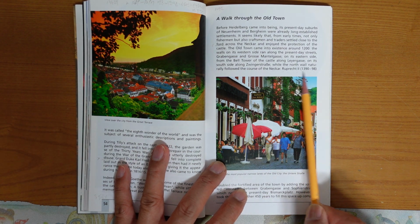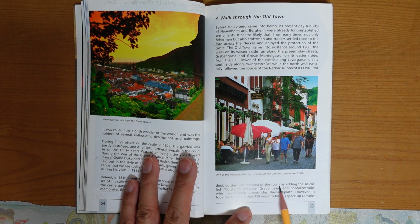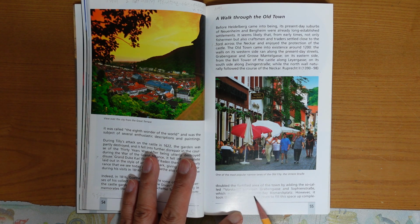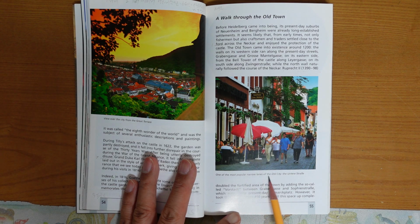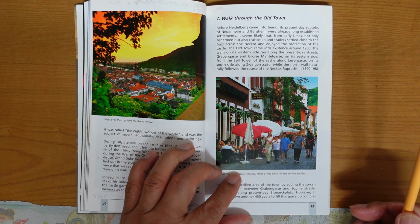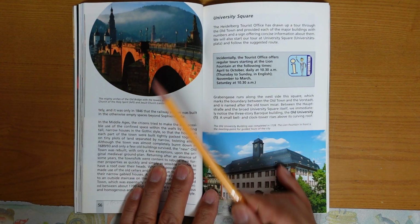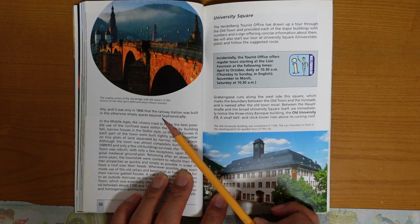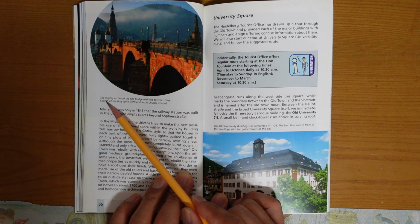Ruprecht II doubled the fortified area of the town by adding the so-called Vorstadt between Grabengasse and Sophienstrasse, which runs along present-day Bismarck Plaza. However, it took the town another 450 years to fill this space up completely, one of the most popular narrow lanes of the old city, the Untere Strasse. It was only in 1846 that the railway station was built in the otherwise empty space beyond Sophienstrasse. The mighty arches of the